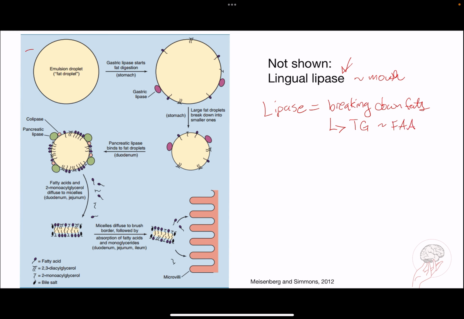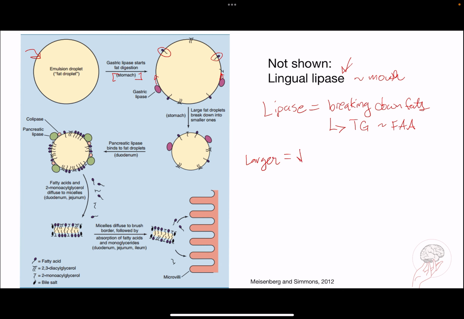So if we look over here, we have our emulsion droplet or fat droplet. When it's in the stomach, the gastric lipase is released and we continue our fat digestion. So if we look here, we have fatty acids, some of them free. Gastric lipase is on the surface. It is trying to break down this fat droplet, but also recall that, especially with things that are ball-shaped, larger